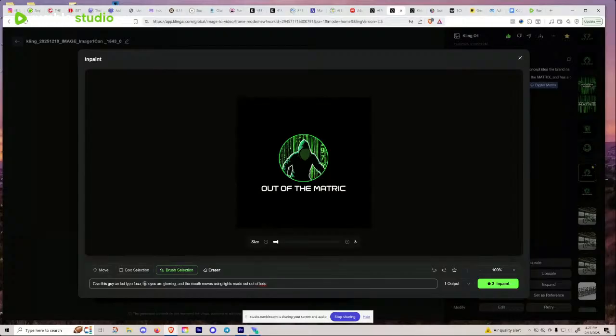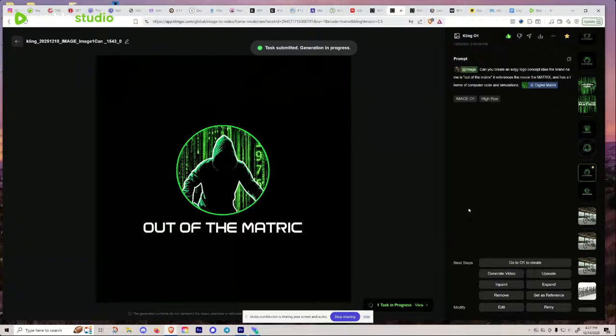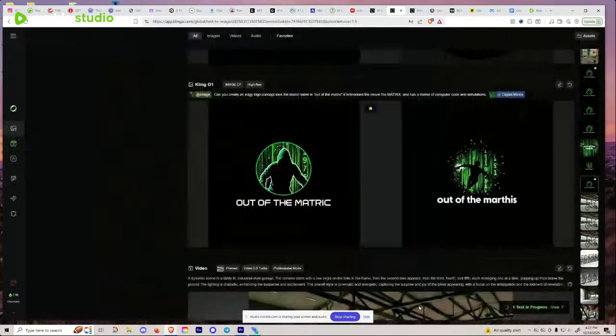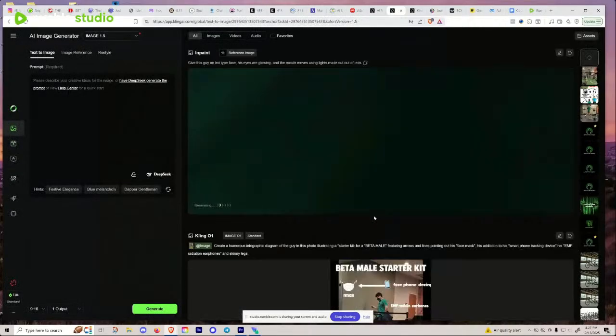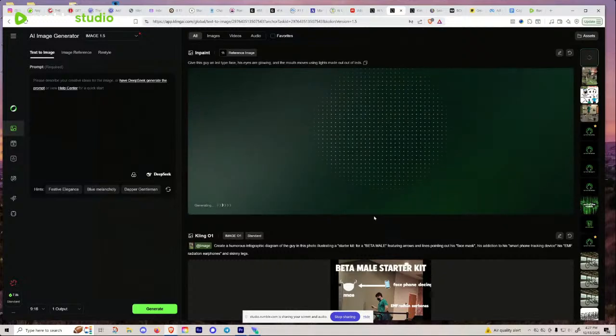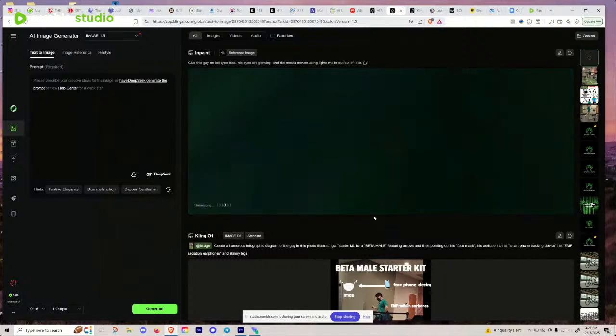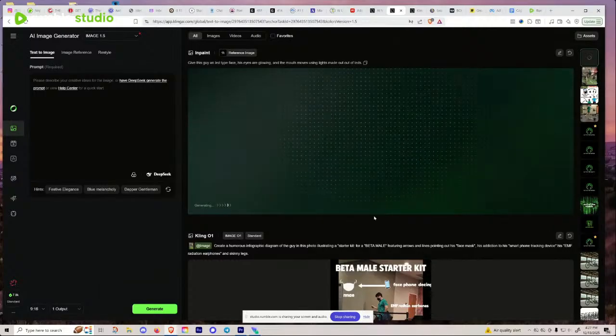And let's just see what happens. And then I'll hit one output because that's all I want to do, and then just hit in paint. It'll submit that and start rendering it, and then it'll either jump up to the top, or when it's ready, you can hit this button here, it's working on it, and you can hit view, it'll jump all the way up to the top, and as it's rendering, it's going to tell you how long it takes. With images, it's short, and with videos, it could be a couple minutes.